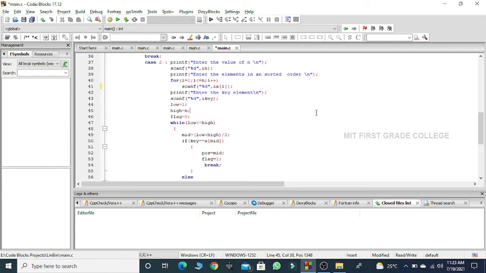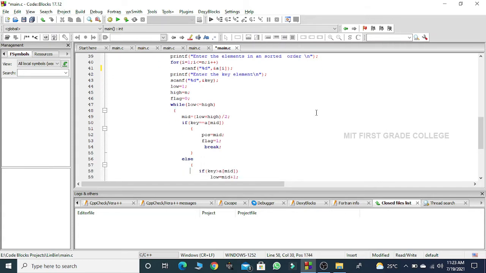The key element is read from the keyboard and stored inside the variable key. Now I make some assignments. I assign low to 1, the high variable to the number of elements inside my array, which is n, and my flag to 0.